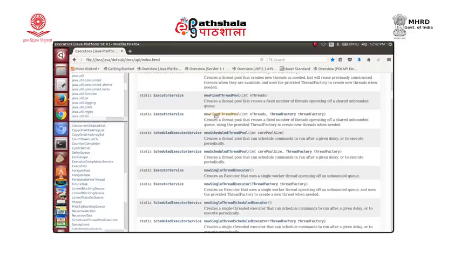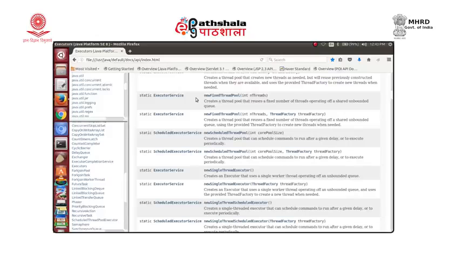So, the ones typically used for creating a new executor service are those starting with new. Our requirement here is a fixed thread pool, new fixed thread pool, where we can specify the number of threads which we want. So, this is the one which we are going to be using here. One thing we will have is one object of the executor service.